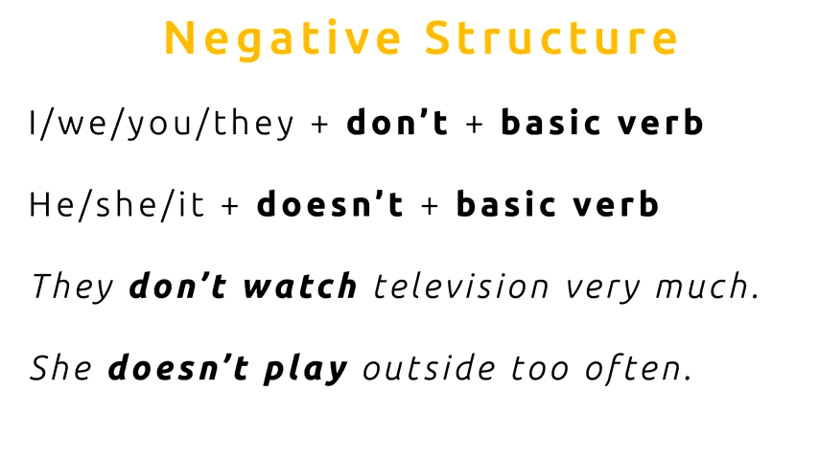The negative structure is like this. I, we, you, they, plus don't, plus a basic verb. He, she, and it. Remember, before we added s to the basic verb. Well, now we use doesn't plus a basic verb. So we add s to do. Can you see that? Instead of saying do not, we say does not. He does not plus